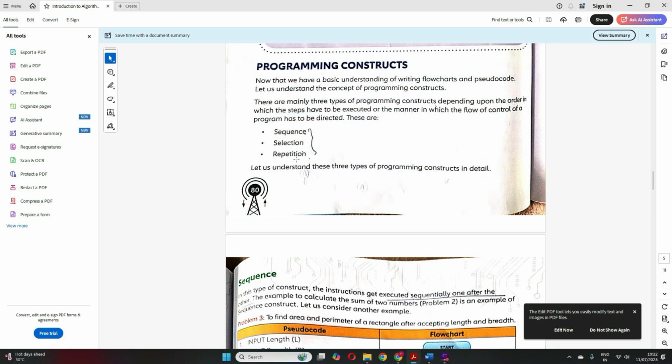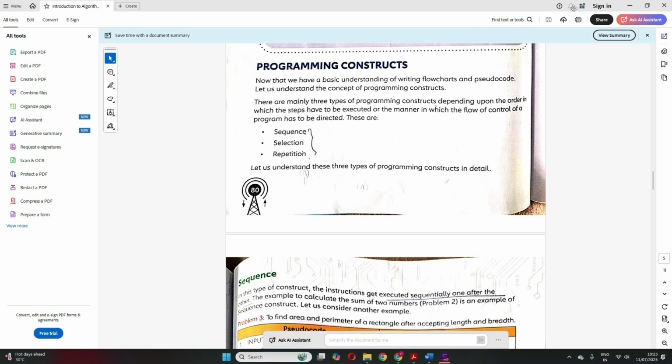See, sequence is when a program is written and executed one after the other in a sequence, meaning step 1 first, step 2, then step 3, step 4. You're not leaving any step or jumping to another step, maybe from step 4 to step 6. No, you are executing the instructions sequentially, one after the other.